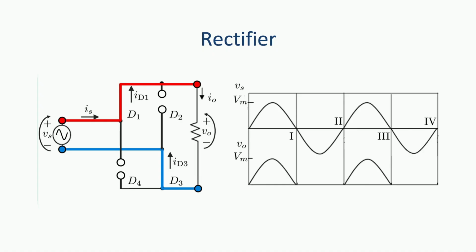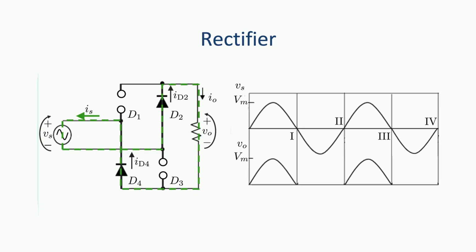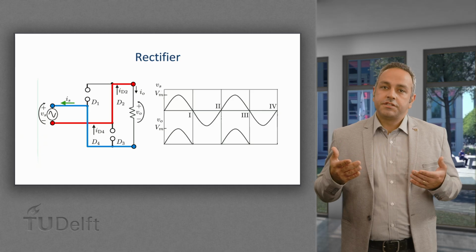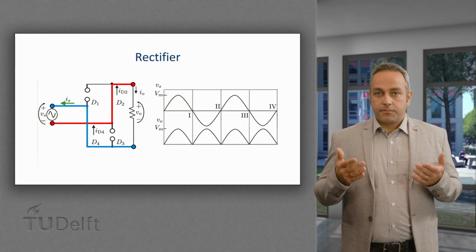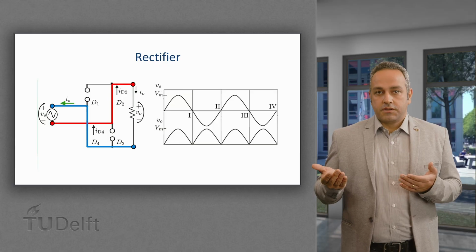On the other hand, when the voltage signal is negative, which corresponds to time periods 2 and 4, diodes D2 and D4 will conduct, and diodes D1 and D3 will block the current. Notice that the direction of the arrows are different in this case. The direction of the input arrow goes from the node highlighted in red to the node highlighted in blue, whereas the direction of the output arrow goes from the node highlighted in blue to the node highlighted in red. This means that the output voltage has the same magnitude but opposite sign to that of the input voltage.